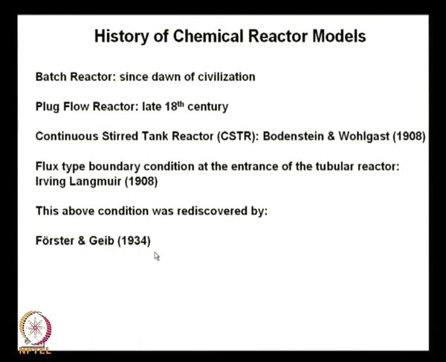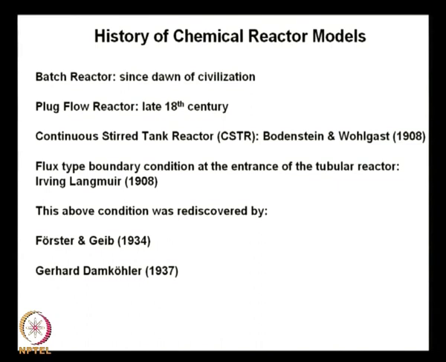So, the first time it was rediscovered was by Förster and Geib, two more German scientists, in 1934. Maybe it's not really rediscovered, maybe because Bodenstein and Wolgast wrote their paper in German. So, Förster and Geib would most likely have read those papers, in 1934. Then it was again rediscovered by Gerhard Damköhler, another of the most famous chemical engineers